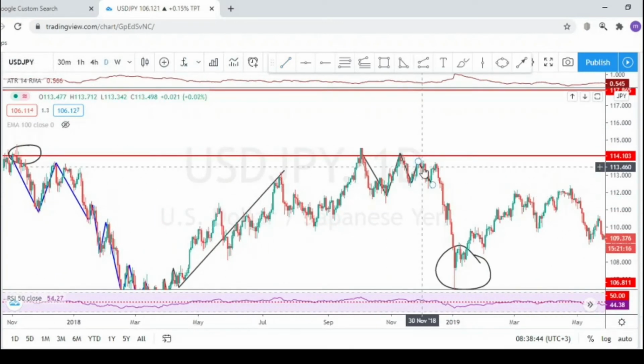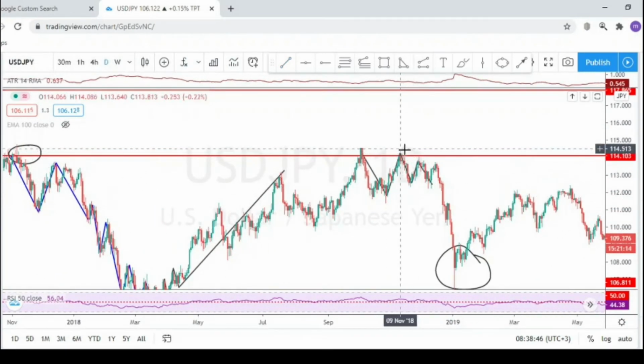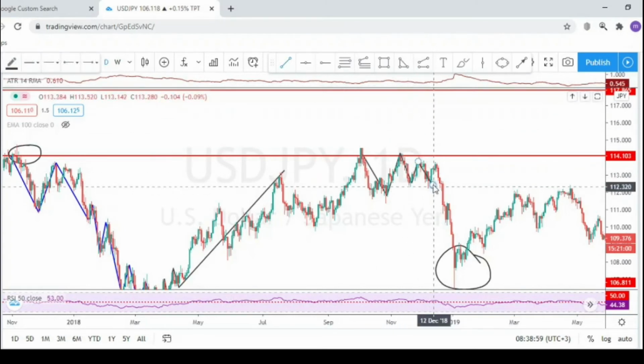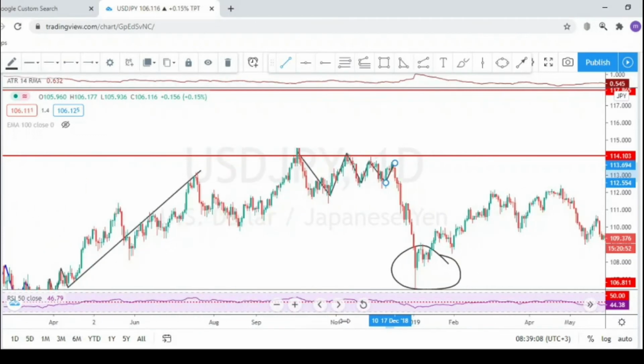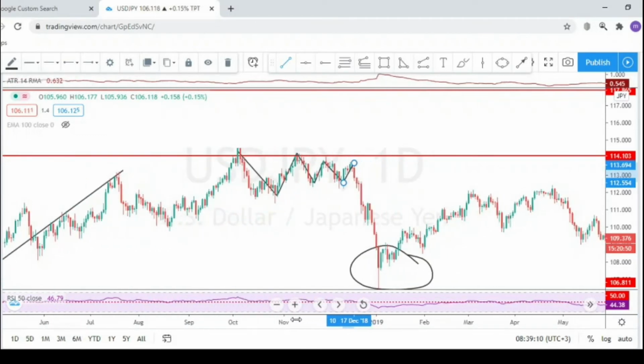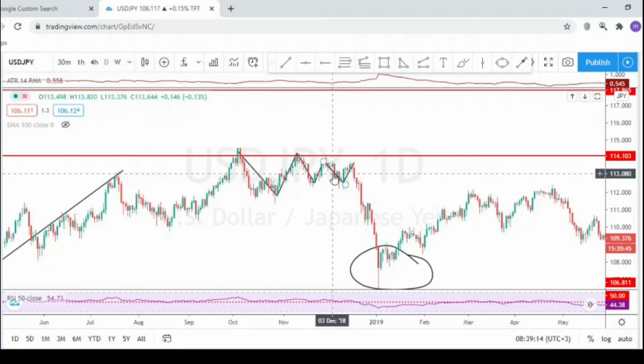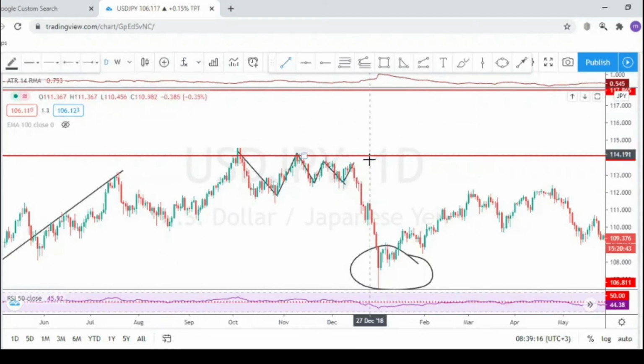As long as this market does not close above this level of structure, I see a potential reversal. And when this market made a pullback that does not close above this level of structure, what you can do here now is look for a simple price action pattern. You can go to a lower time frame to spot those price action patterns. Then you enter the market